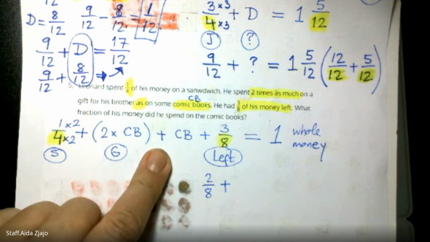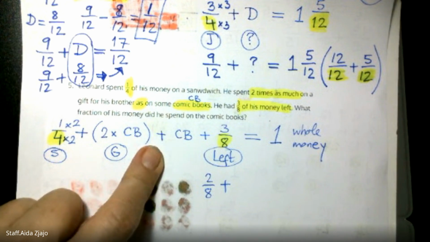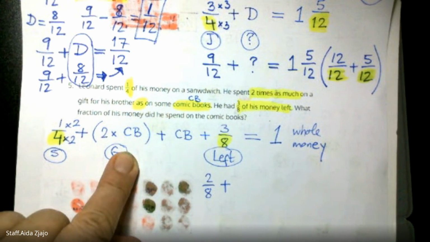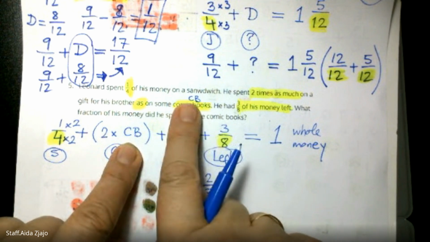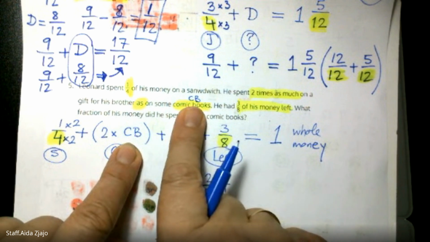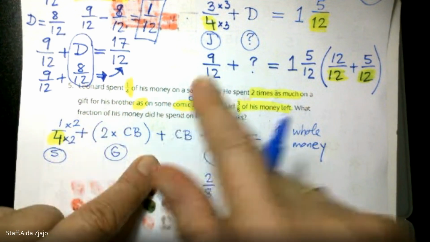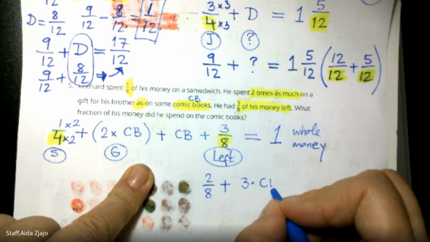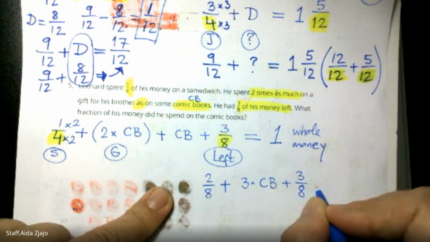It really makes 2 groups of CB, and 1 more group of CB will make 3 comic books. He spent twice as much on the gift as on comic books, so twice for the gift and 1 for the comic books. That would be 3 times CB plus 3/8 must equal